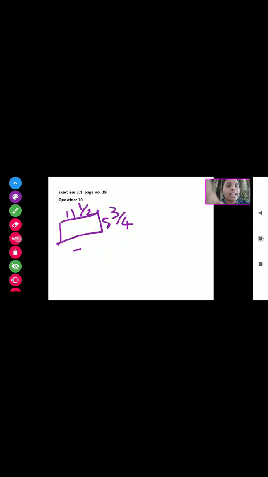If you are having any doubt, you can forward me your doubt, and I will help you to solve your questions. Now we will move forward to our assignment. I'm sure you can do this assignment. First one is addition, second one is also addition, third one is subtraction. Write equivalent fractions. I have shown you how to find equivalent fractions. Reduce the following fractions to their lowest terms. You have also learned this in the previous standard, so I know you can easily solve this sum.